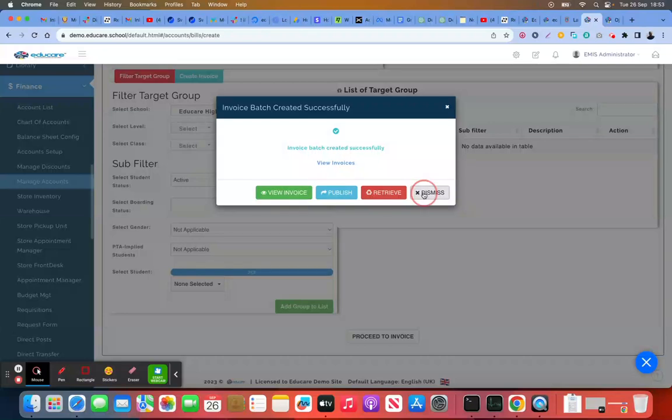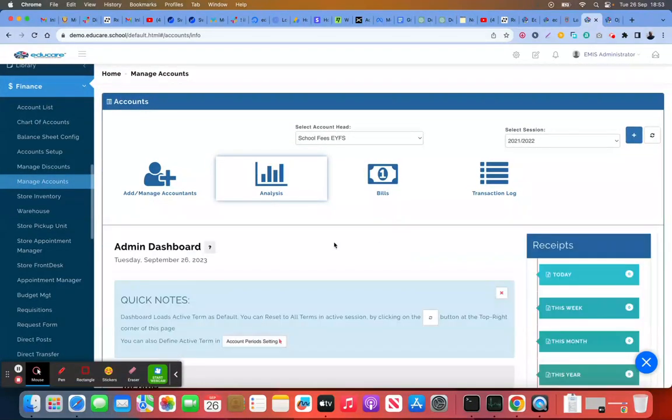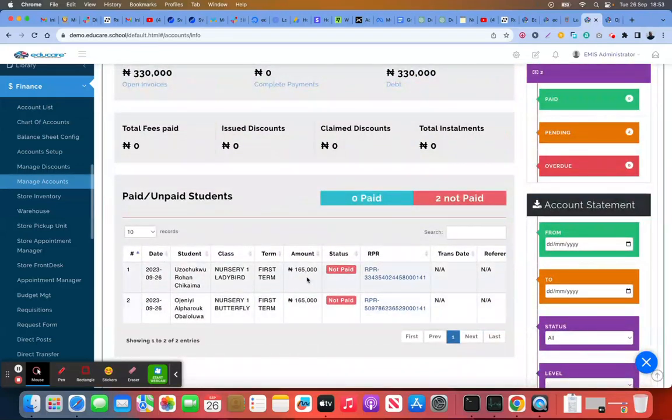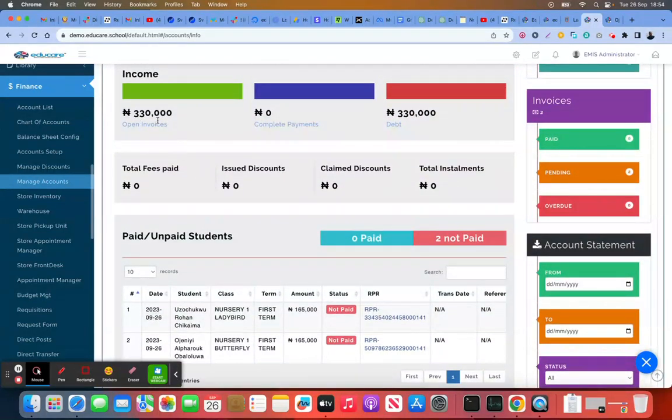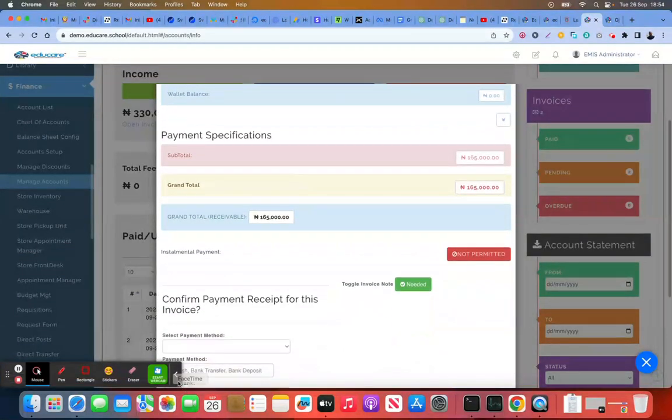So right now, I'll dismiss, click on analysis. I can see the bill. The total bill for these two children is 330,000, and I can see their names, right? Now, a situation whereby this particular child paid for Christmas party, but I've generated bill for the entire class. This is what I'm going to do. Click on not paid, come in here,